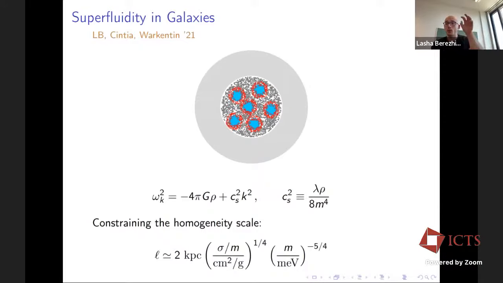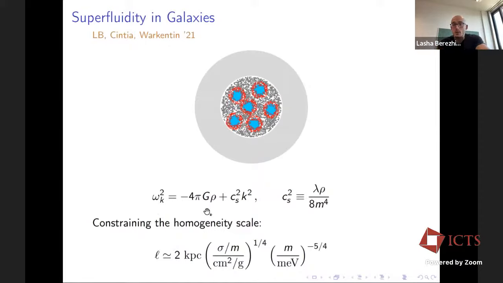Just like when you form stars from a cloud, you form a cluster of stars, here it's the same. Once you have a phase transition, you would form a cluster of superfluid solitons. Depending on the hierarchy between the size of the thermalization region and the size of the soliton, you could form a different picture. You could form just one or a few. Now, the Jeans scale simply follows from analyzing the dispersion relation around the homogeneous superfluid.